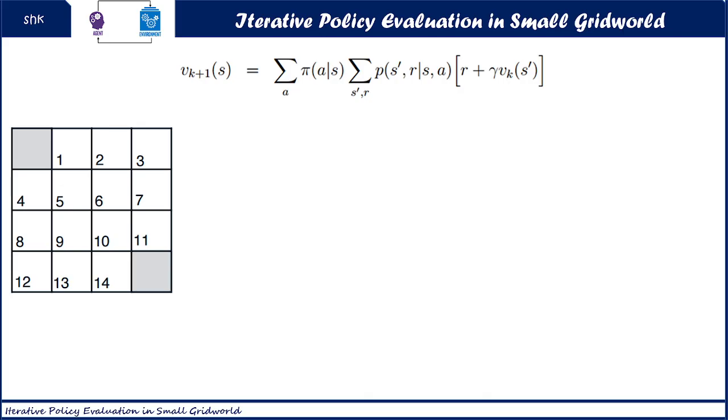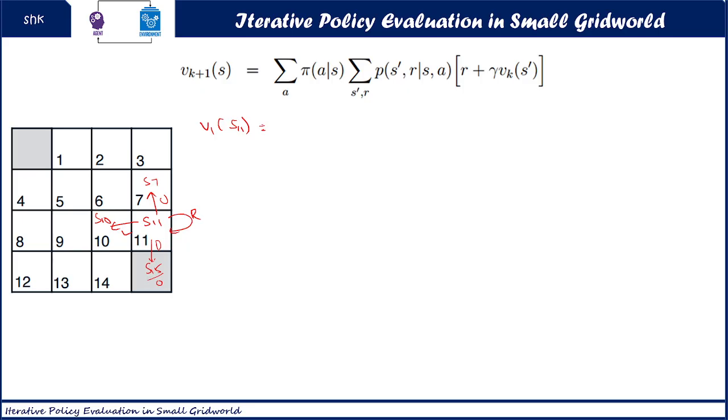Now we will evaluate the S11 state. So the value function V1 for S11 state, we will find now. When we are in S11 state, for left action, we are moving to S10 state. For right action, as we don't have any state, we are going to fall into S11 state only. For up action, S7 state. For down action, S15 state. It is a terminal state. The state value is by default 0. So now we will write